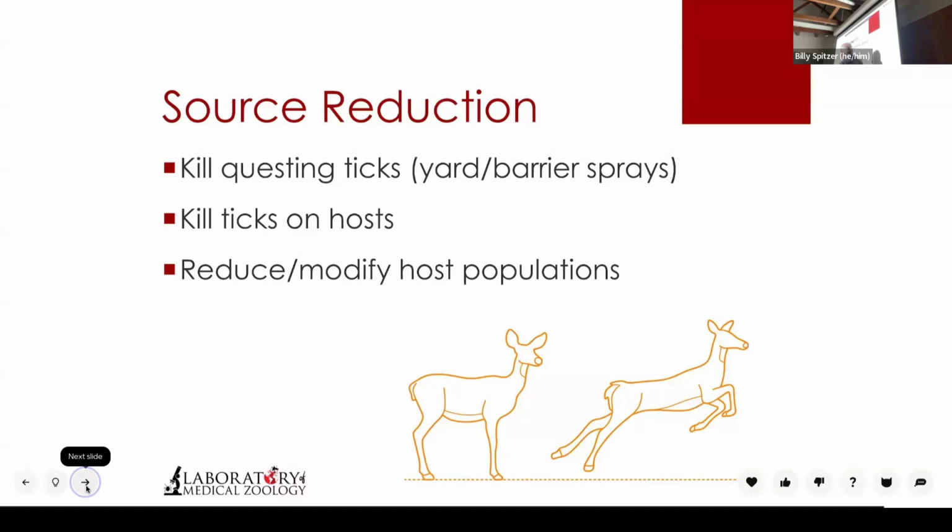And then you can modify host populations. So you can do things to reduce the density locally. I mentioned that Monhegan study. You can do deer exclusion fencing on your property. If you have a big property, you put a fence around it. That can keep deer out, and that can have that same Monhegan Island effect of reducing the incidence of ticks. But for the most part, source reduction is really a tough thing,